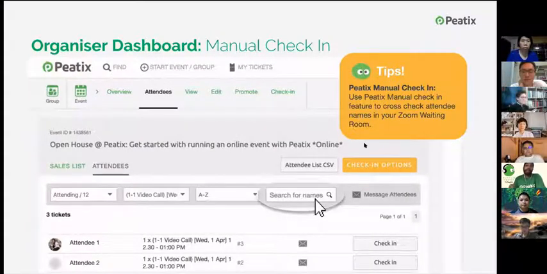Yeah, and another thing is that then you have to focus on the check-in, right? Checking in your attendees for your event, and that you can do via Peatix. And one of the things I just want to talk about with check-in is I'll actually advise, if you're running events,